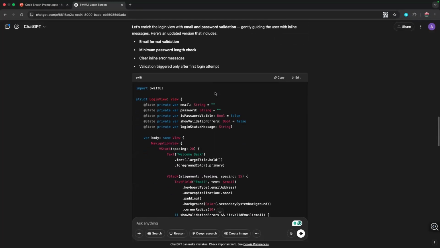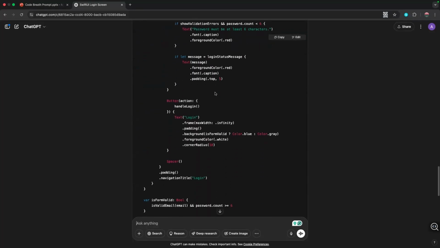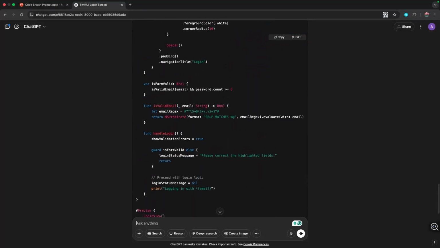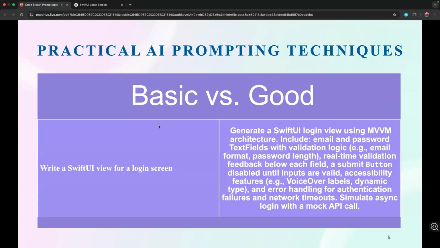This is called a chain of prompts. Or, to get the best result, we can use one simple prompt where we mention everything: generate a SwiftUI login view using MVVM architecture, include validation for the fields, and also include accessibility features, error handling, authentication failures, and other stuff.